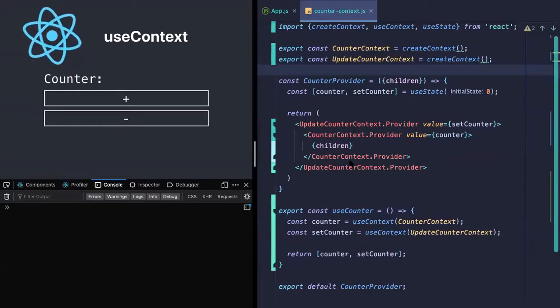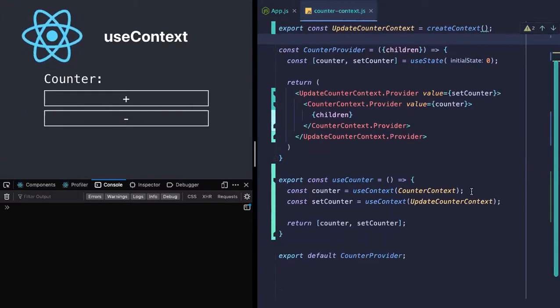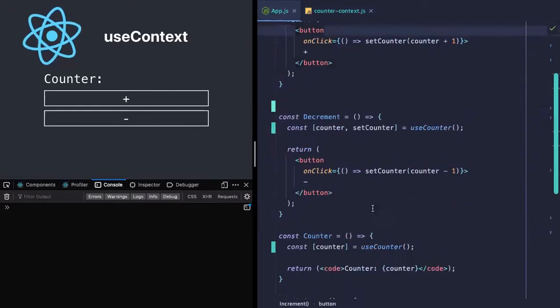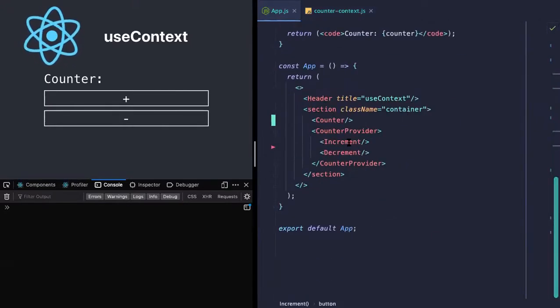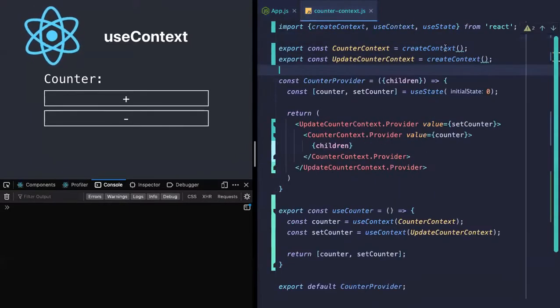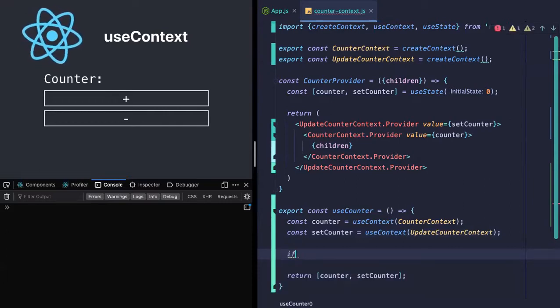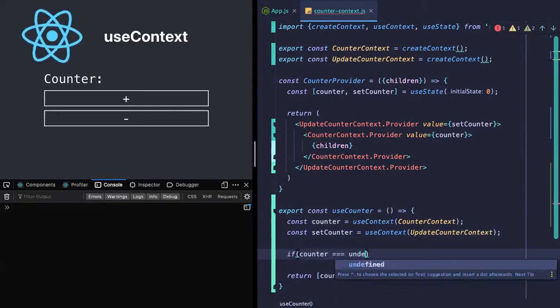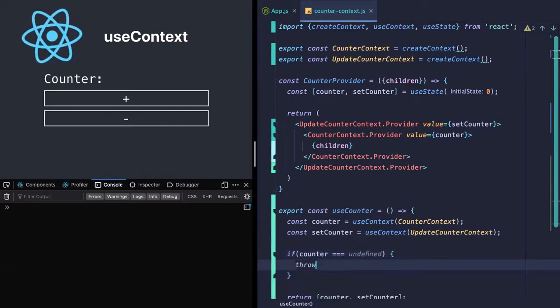So yeah, now again back to the problem. We are getting this counter is undefined, but we want a prompt saying, okay, you're using the counter somewhere wrong, as in this is not wrapped inside our provider, right? And this is a problem. This should be told upfront. What we can do is, since our initial values are undefined, I can possibly come in here and do a simple check: if my counter is equal to undefined, then throw a new Error, which will simply be saying, let's say, useCounter must be inside CounterProvider.